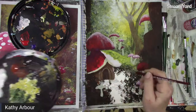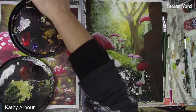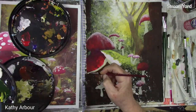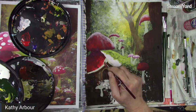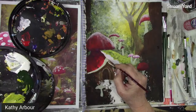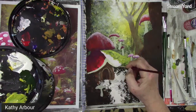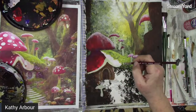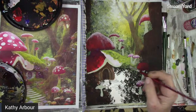let's do the eave again. So I still have that color that we used. So that was the golden yellow and white. So now I can go over that. Strengthen that up. That, I believe. Yep. Goes like that. And